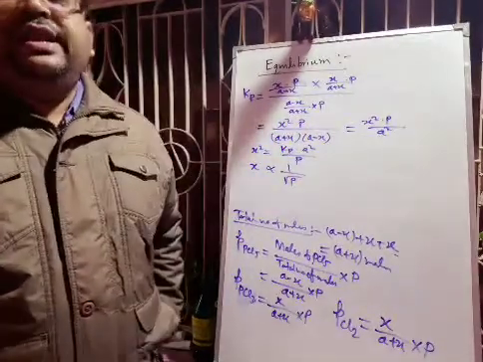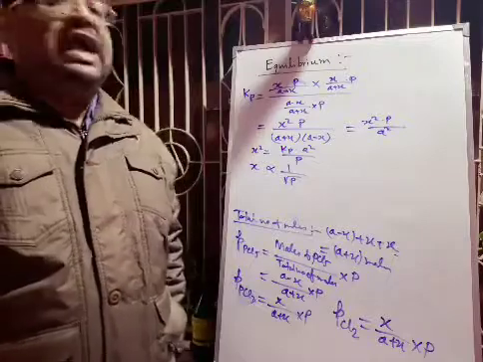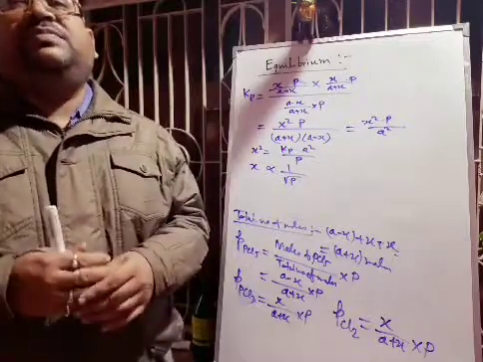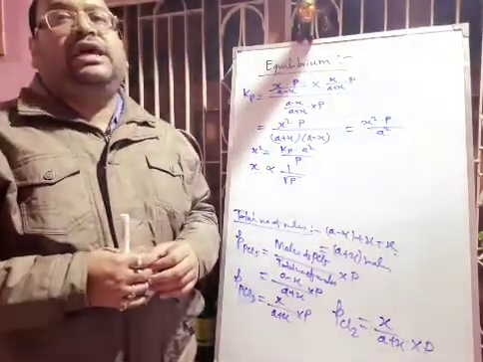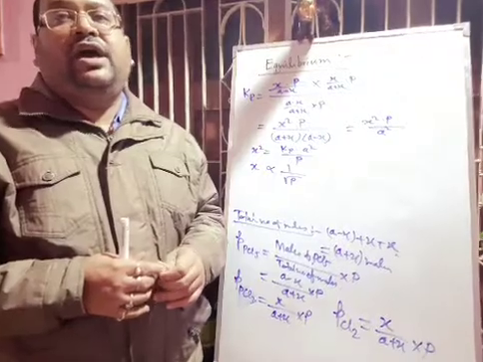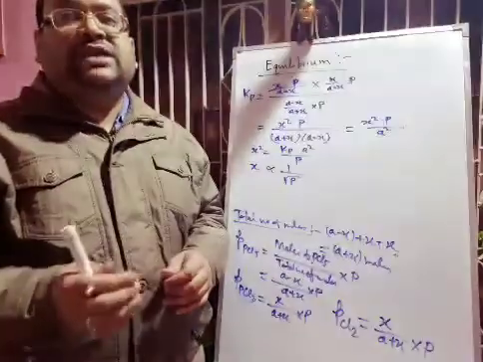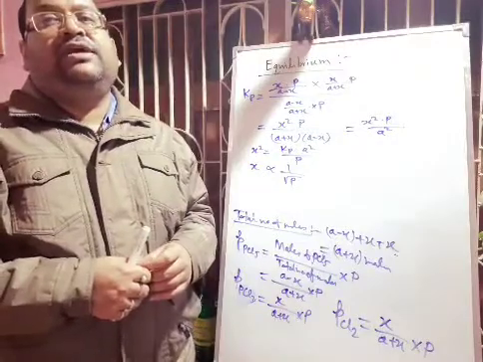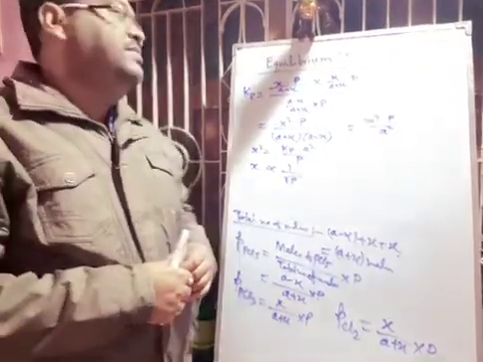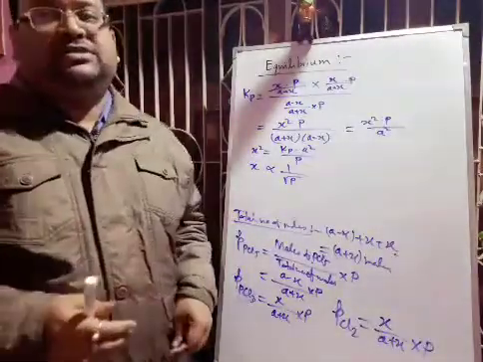Understand? Next we will discuss the effect of changing the concentration. An increase in the concentration of PCl5 will increase the value of A, and consequently the value of x will increase to maintain a constant value of Kc. So hence an increase in the concentration of PCl5 favors the dissociation. If we increase the concentration of PCl5, it will favor the dissociation.